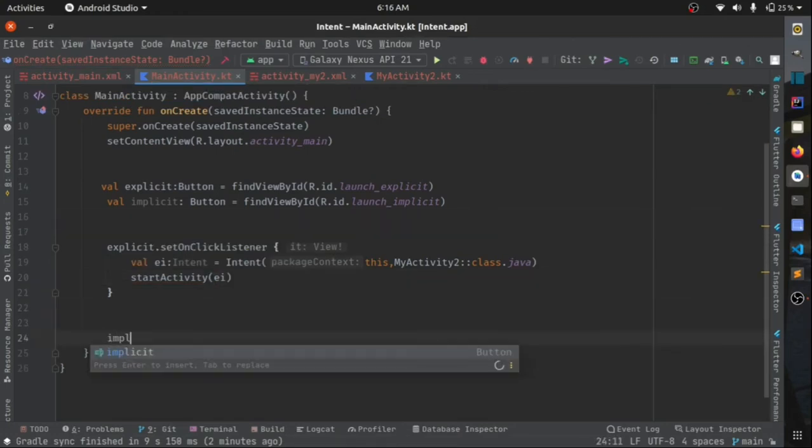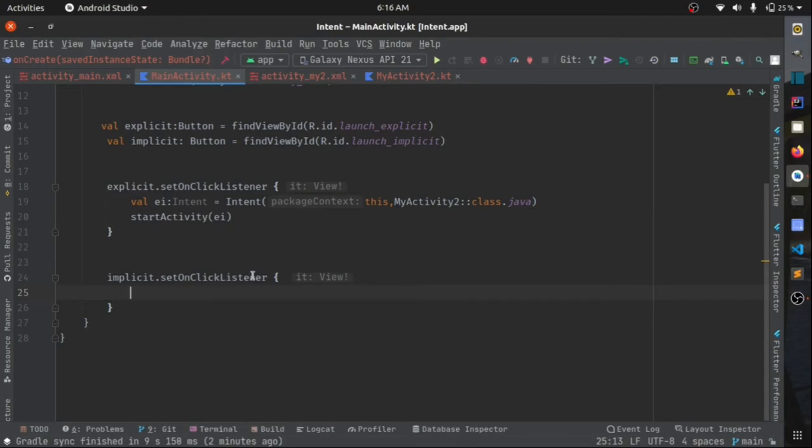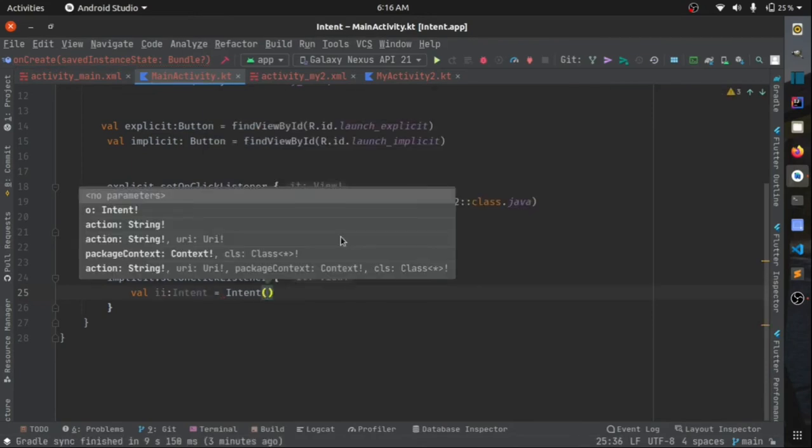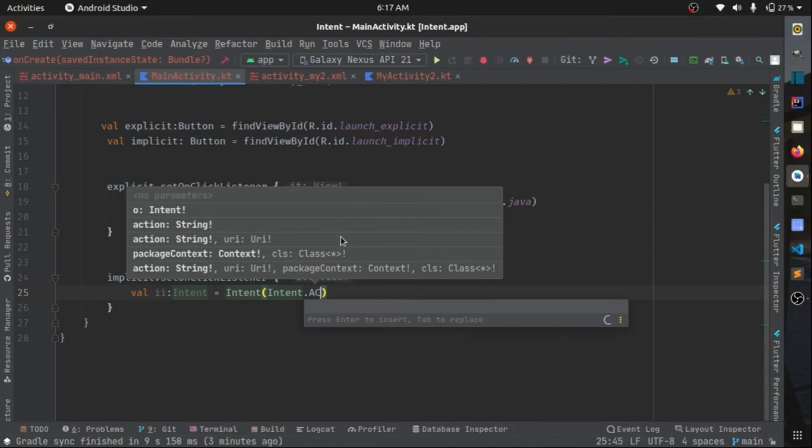And for implicit intent, similarly we will set an on-click listener, and whenever this on-click listener is called, meaning the implicit button is clicked, we will launch an implicit intent to launch the Android blogging site. For the implicit intent, you can name it whatever you want. For an implicit intent, there are two parameters. One is optional, that's data, and another is required, which is what action you want to perform. So we want to perform a view action, Intent.ACTION_VIEW,